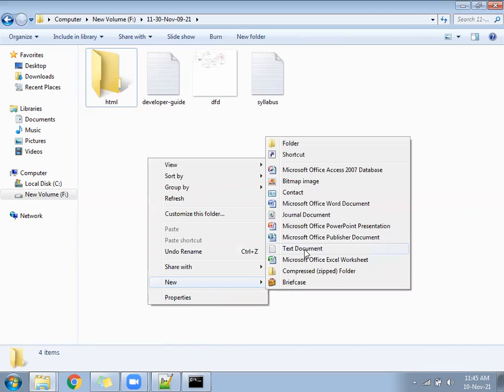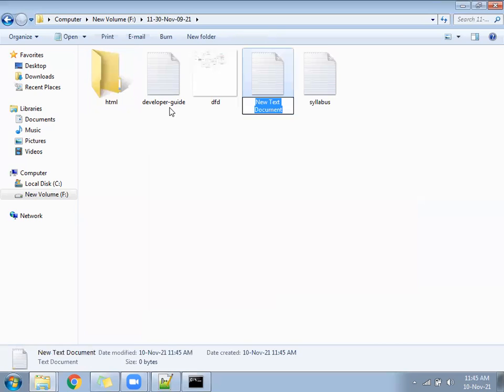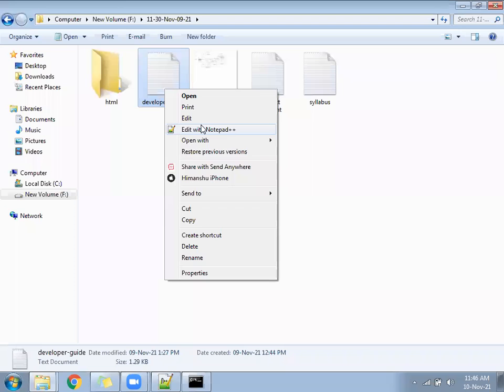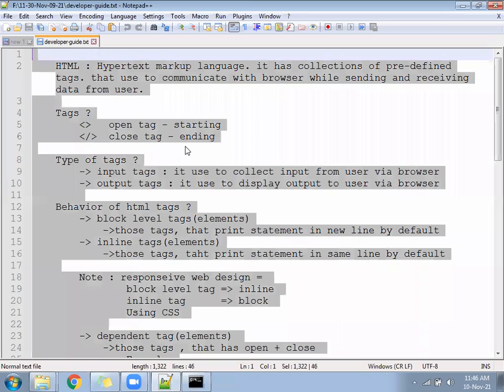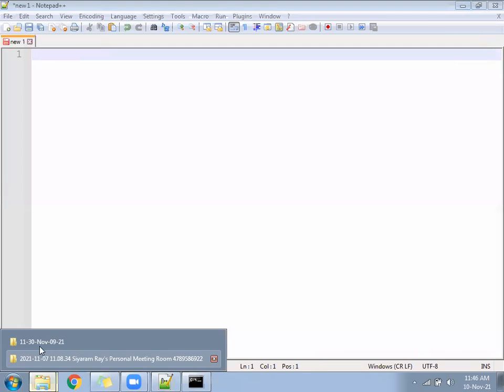You will have an option called text document. Select the text document and rename it like this, as developer guide. Rename the text document you created. Give the file name as developer guide.